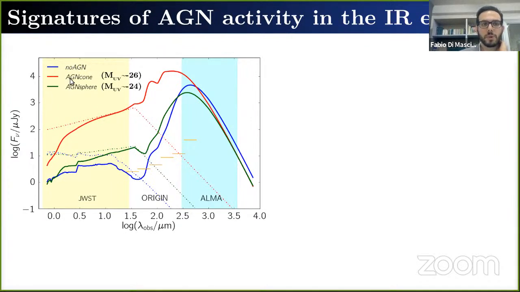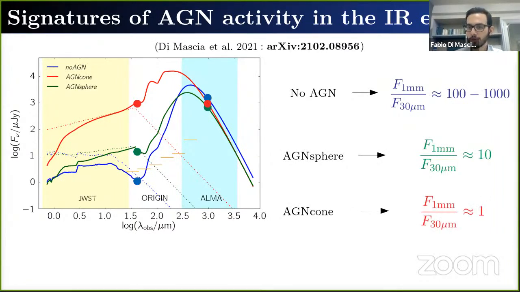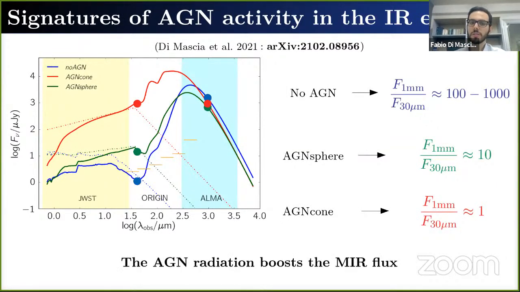Another run is the red one, which corresponds to bright AGN, whereas the green line indicates the case for a faint AGN. We then look at mid-infrared and far-infrared emissions in the 3 cases, and we found that the ratio of far-infrared to mid-infrared is of the order of 100-1000 for the simulation without AGN radiation. When we consider a faint AGN, the ratio drops to 10, and if we consider a bright AGN, the ratio goes down to 1. So the clear effect of the AGN radiation in our simulation is this boost in the